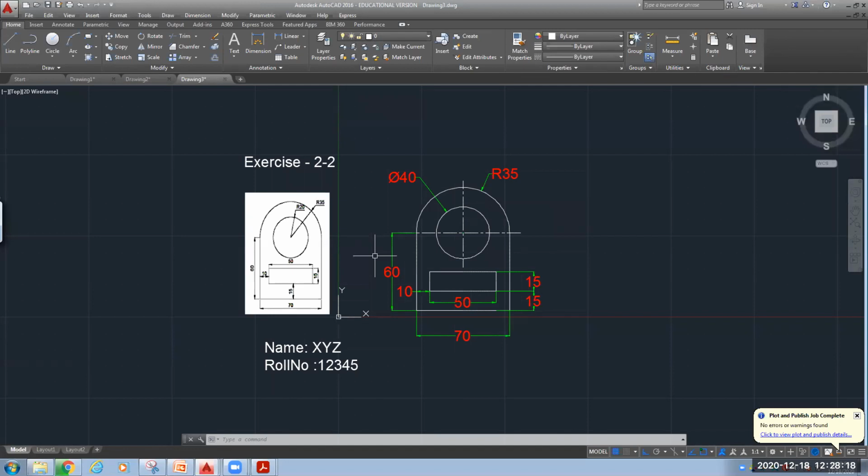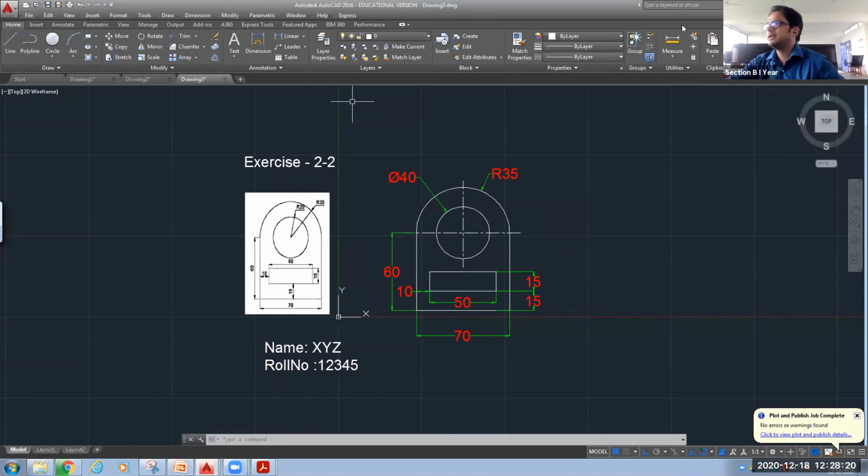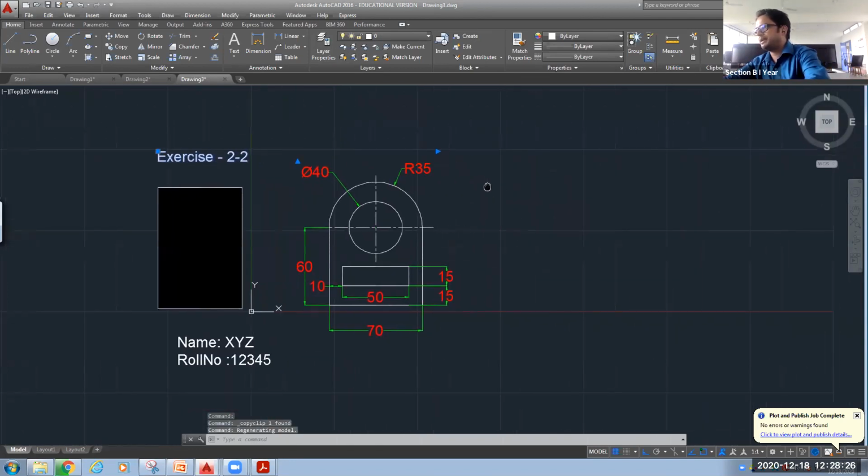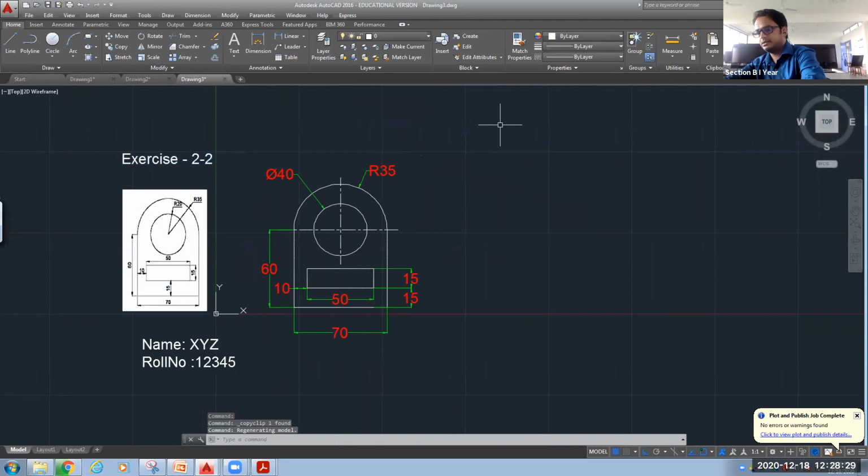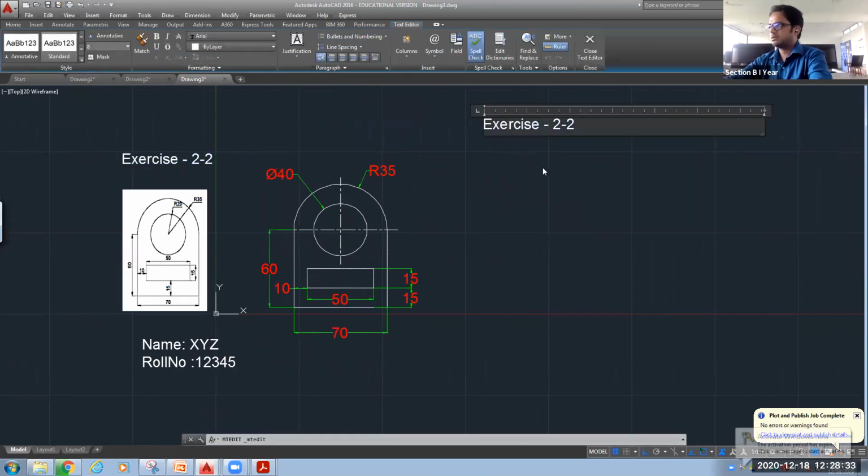Line type, very good. So we will write all those things here so that it will be in your mind. I will copy this and prepare the list on this side. Control V. Commands used.